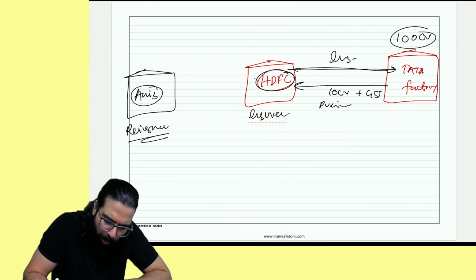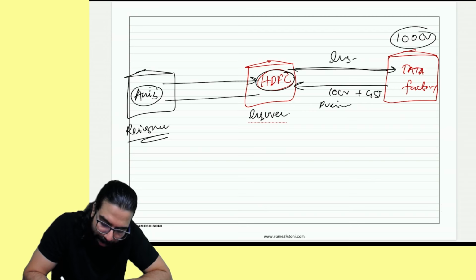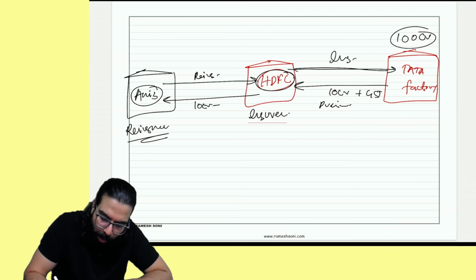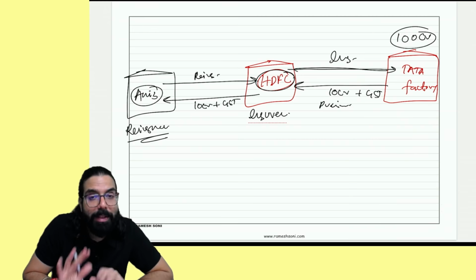I will go ahead and pass on the whole business to you. So basically, Axis is giving reinsurance service, wherein Axis will go ahead and collect from HDFC. So Axis is giving reinsurance service over here, wherein Axis will collect 10 crore rupees plus GST from him. Now, in this scenario, what happens?